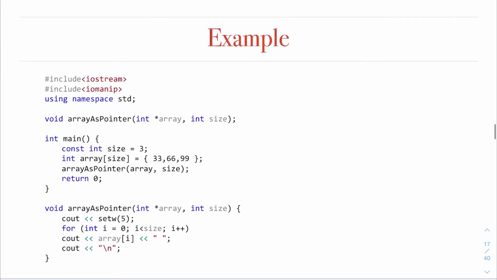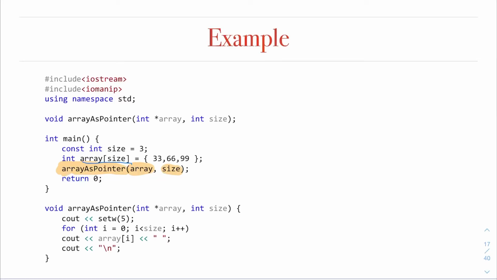Okay, here's another example. Well, I have here an array initialized as 33, 66 and 99, and I call the function array as pointer, with this array passed by value. So what you see is that inside this function I'm going to print out every member of the array.